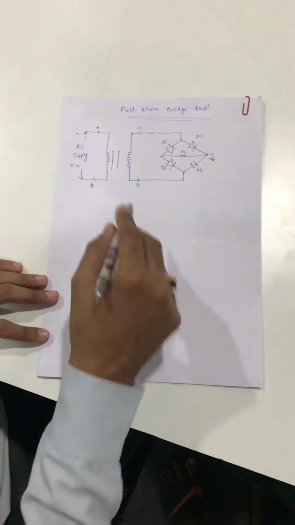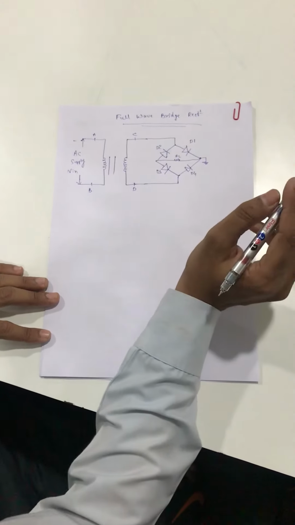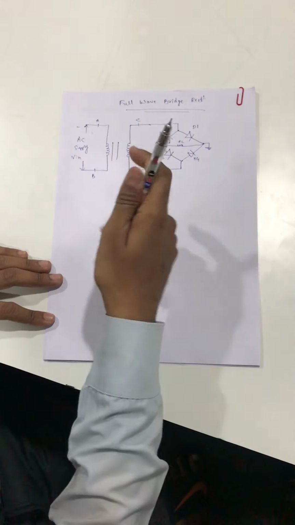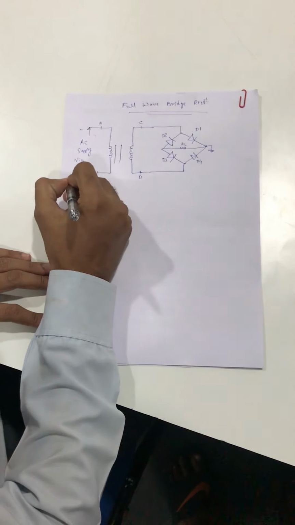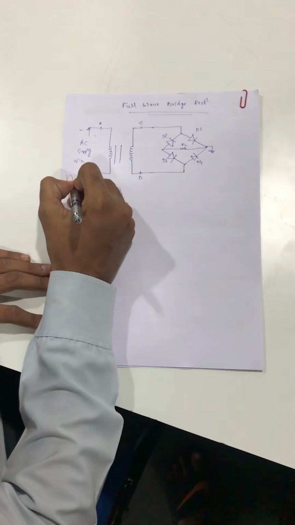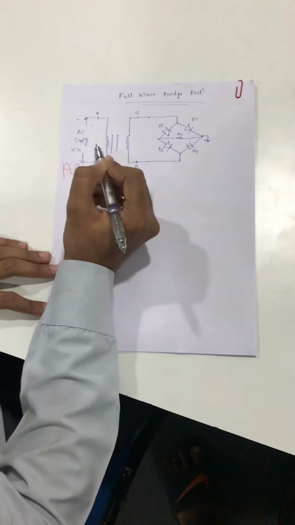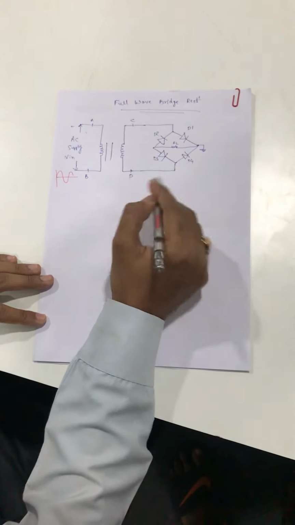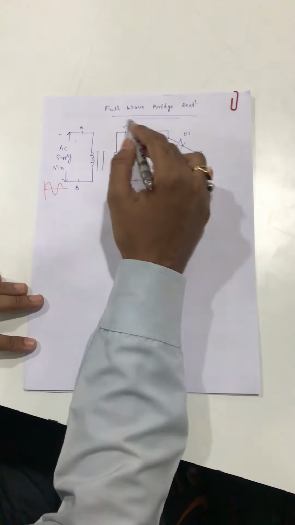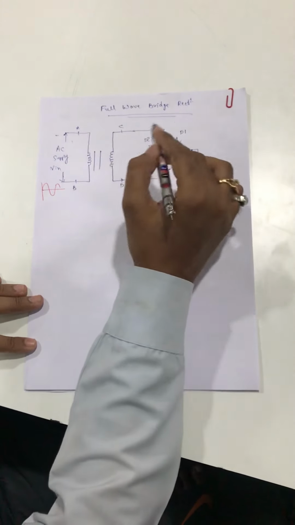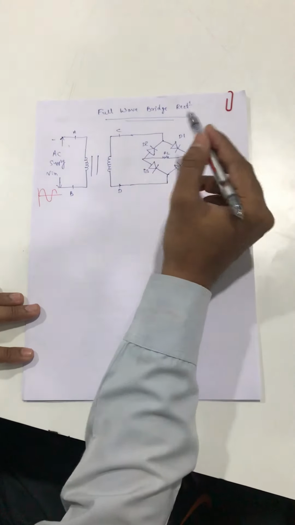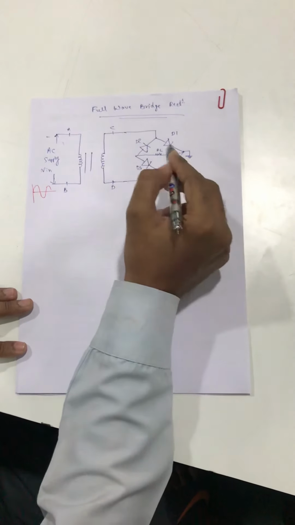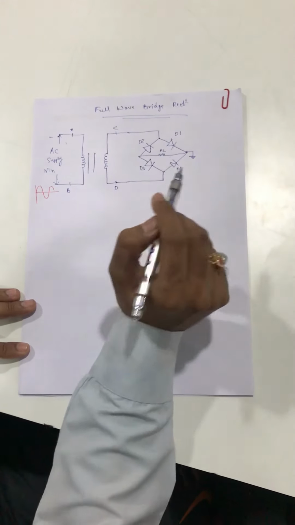So this is basically the full wave bridge rectifier. Across the load we are going to get the output voltage. The input we are getting here will be my AC voltage, which we are giving to the circuit, to the transformer. Now, why do we go for the full wave bridge rectifier? In the center tap rectifier there was a use of a power transformer, and that is eliminated in this full wave bridge rectifier.